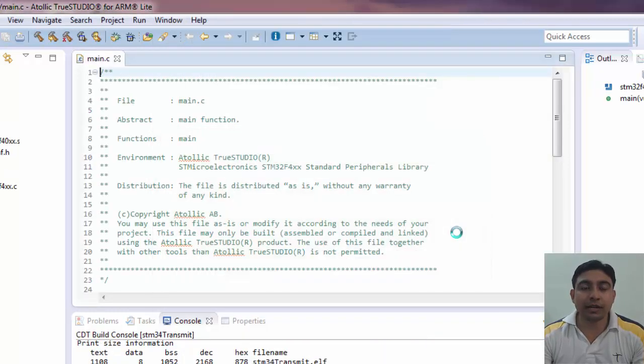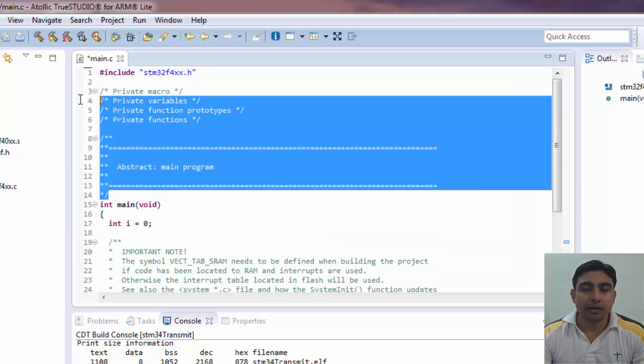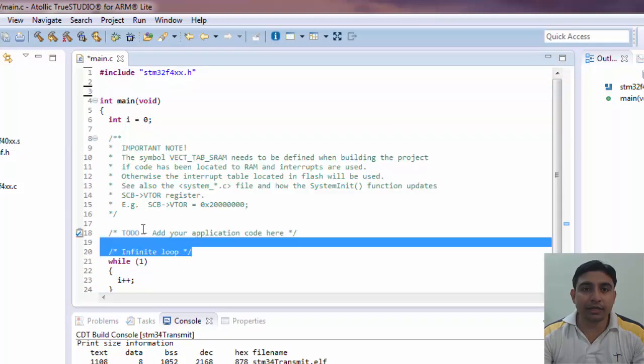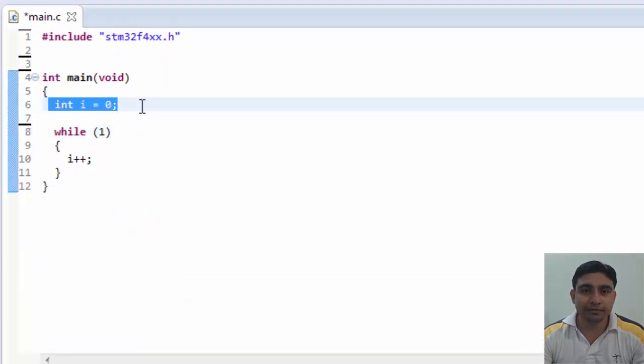Okay, so now our project is created. Let's first delete these comments. Okay, delete these unnecessary statements also, we don't need them.